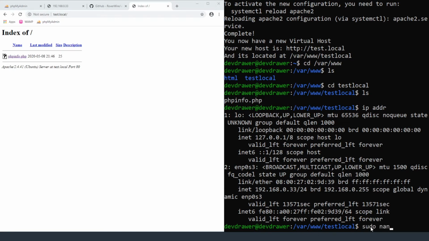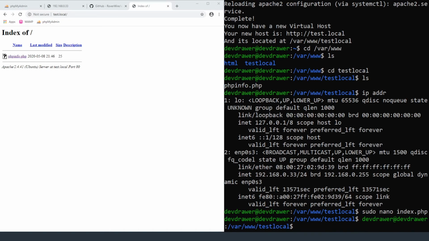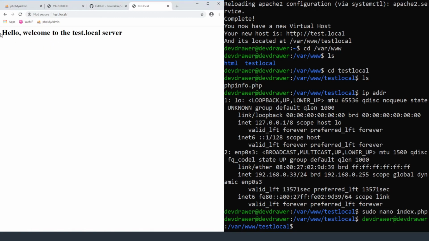So if we go back over here, we can come into our test.local folder, and I'm going to do sudo nano, let's do index.php, and that's going to bring up the nano editor for Ubuntu. So I'm just going to add something in here, and it's going to be h1, hello, welcome to the test.local server, and then I'm just going to finish that out here, and then I'm going to save it and exit that. And now if we refresh this, we now have hello, welcome to the test.local server,